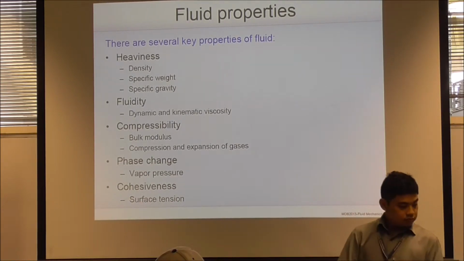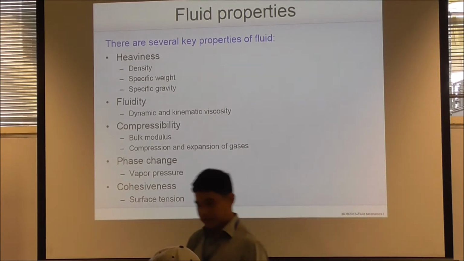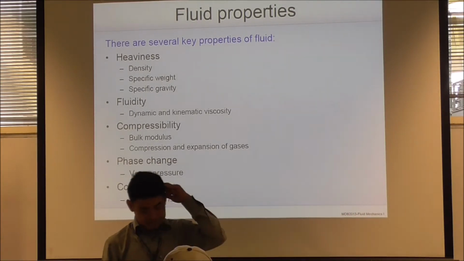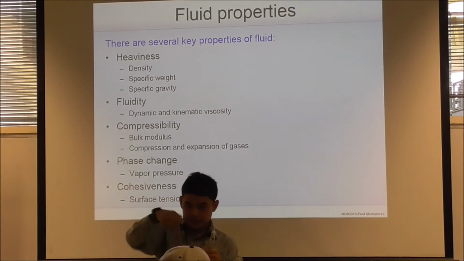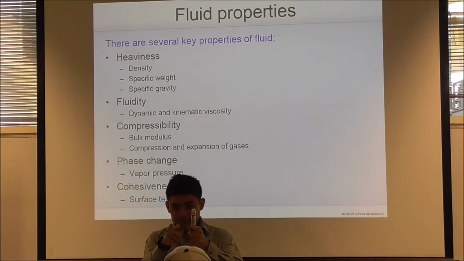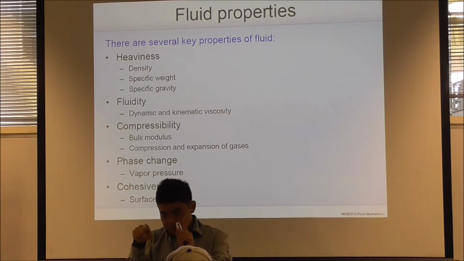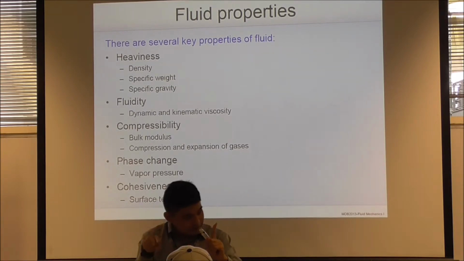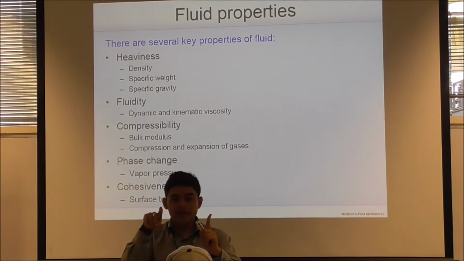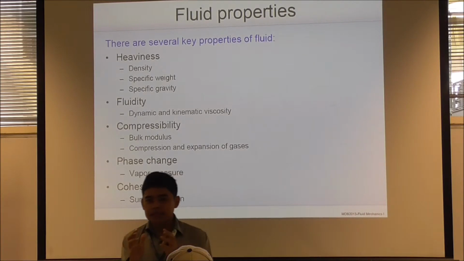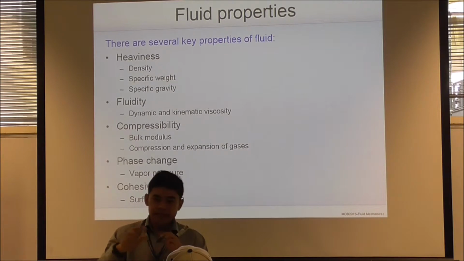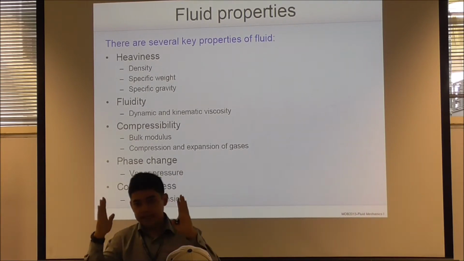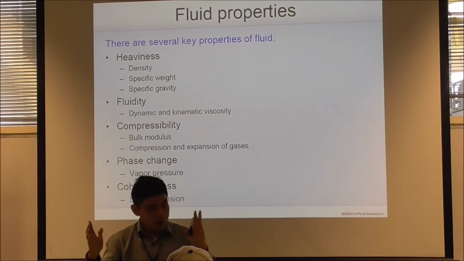Cohesiveness. Any one of you? Oh, cannot see it. You need to put a straw. If you put a straw into the water, right, it goes up a little bit, and it may form this concave area or convex area, depending upon whether the bonding between themselves is stronger than the bonding between the water and the wall, right? Or the other way around.